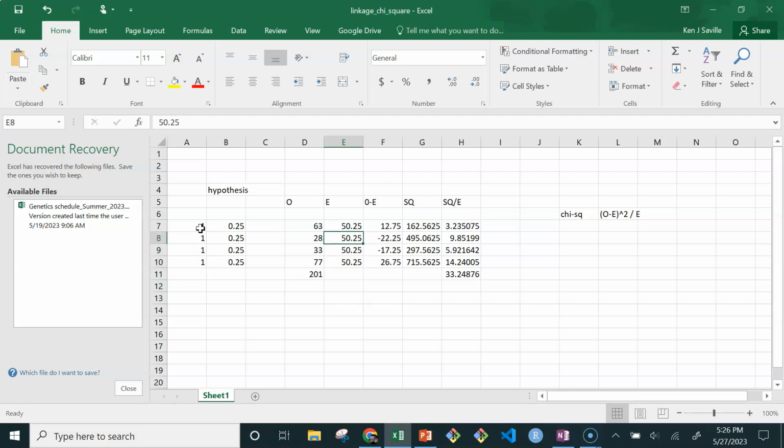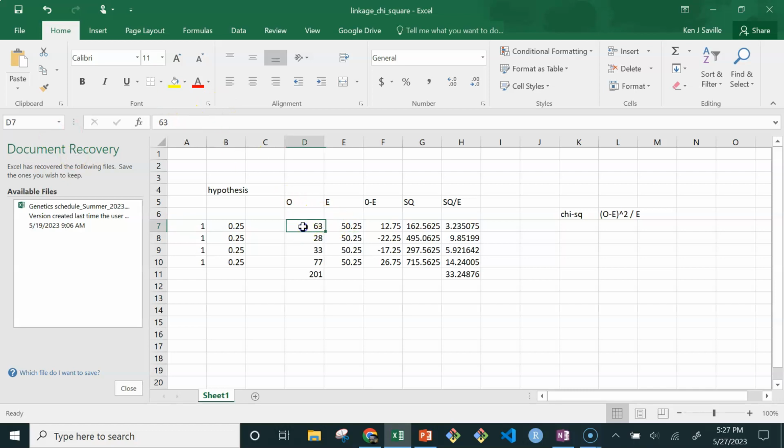So our expected is, if this is a 1 to 1 to 1 to 1 ratio, and we count 201 flies, I guess life would have been easier if it was 200 flies or cockroaches, whatever these things are. It would be easier. But what you do is you take your total, and then you multiply that total